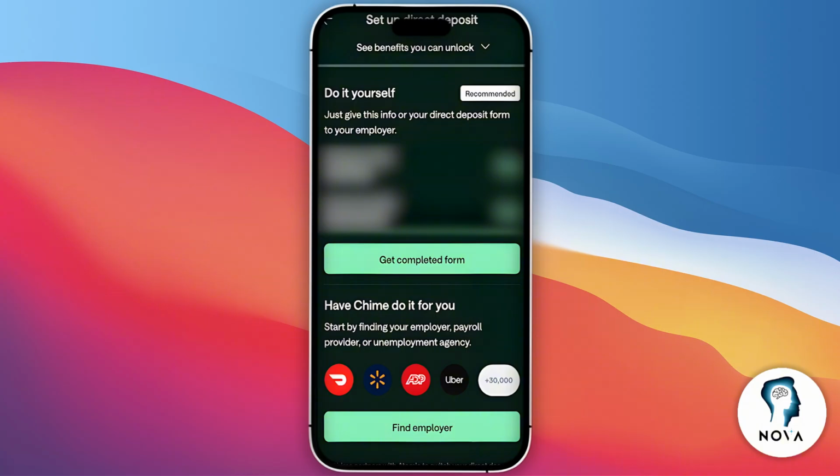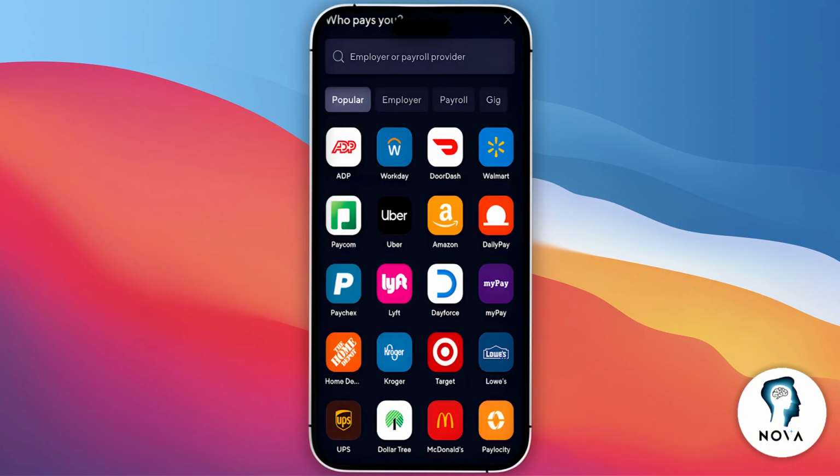The second way is even faster. Just hit Find Employer, and no, don't let the name fool you. This is not just for traditional jobs. You can search for payroll providers like ADP, but also gig apps like Uber, DoorDash, or Lyft. If you're a freelancer or getting unemployment benefits, you can often find your specific agency right here to link it